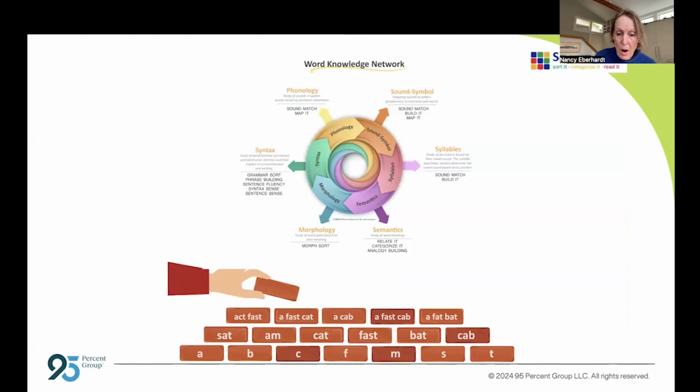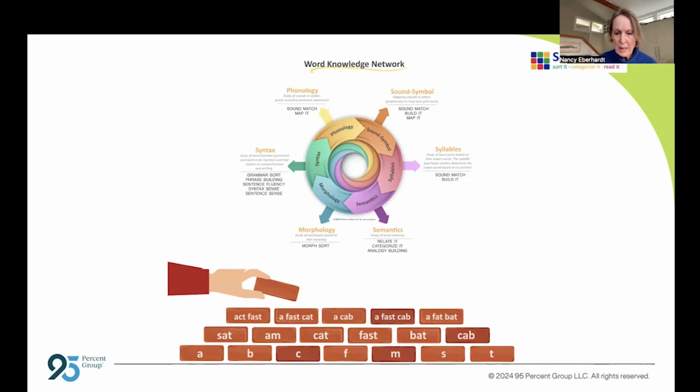The word knowledge network also has a great relationship, a strong relationship to structured literacy instruction. We know in structured literacy instruction that we start typically with establishing sound to spelling correspondences. From there, we build words. Those words are used to build phrases. And if we continue to go up building, we build sentences and ultimately paragraphs and longer text. And that is, in fact, what the path around this network is doing, moving from those sound to spelling